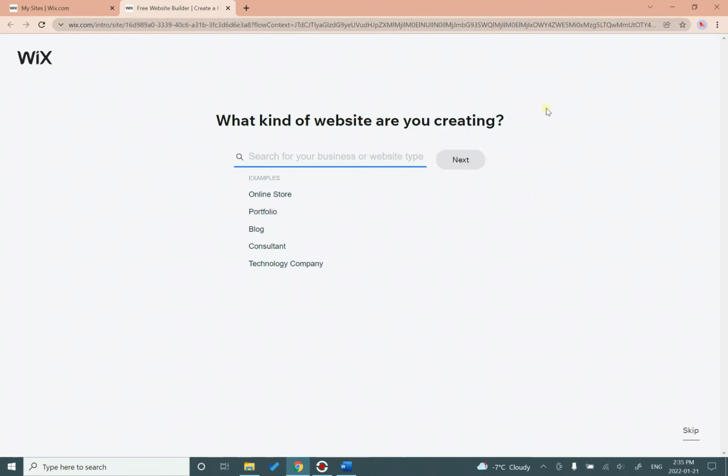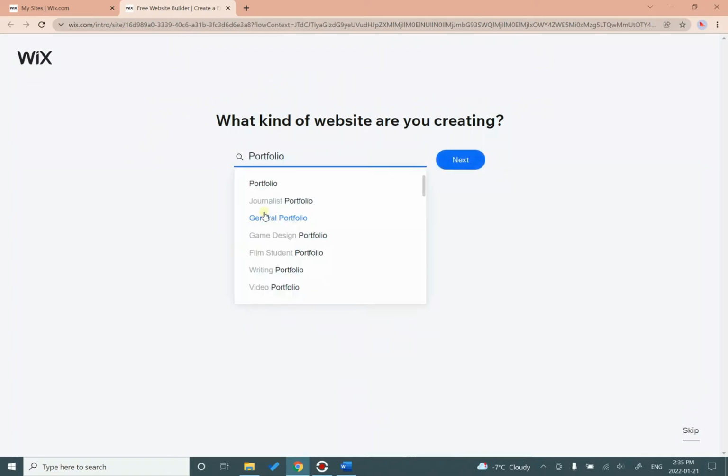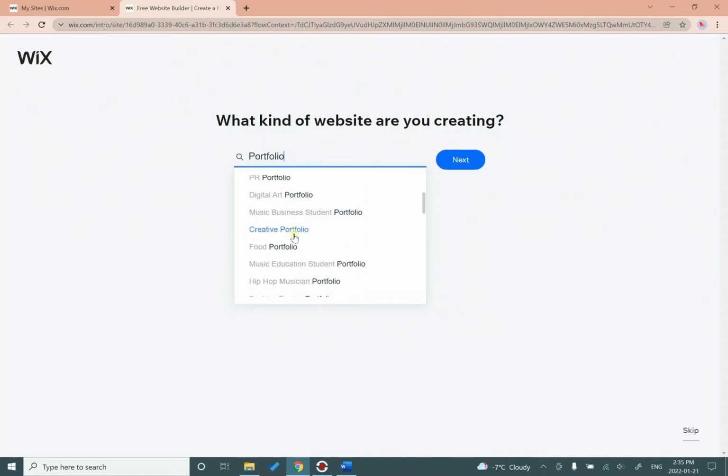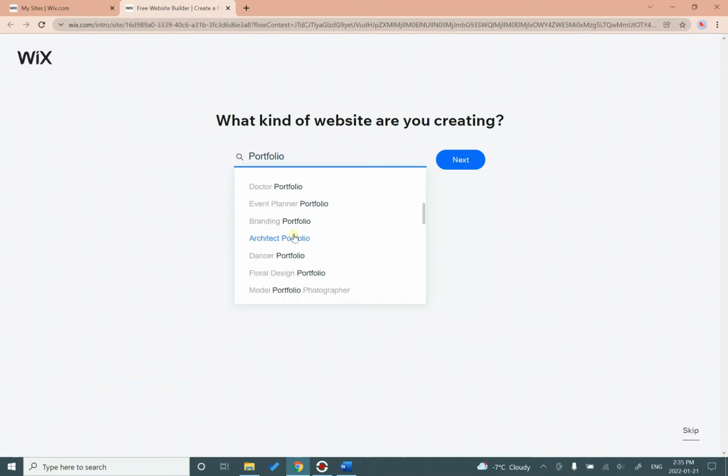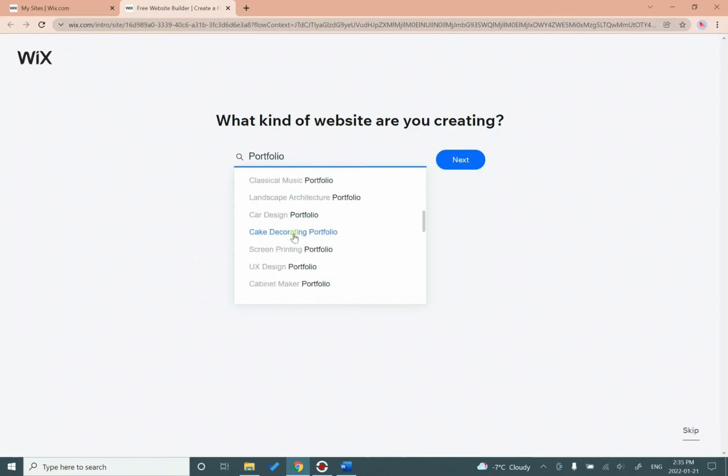So the first question asks is, what kind of website are you creating? Down here, you do have the option to select portfolio. So let's click on that. And you can even go as far as specifying what type of portfolio you want to create. You can look through this list because it will help you find templates that are related to whatever type of portfolio you're creating. For me, I'm just going to select general portfolio right now, and then I'm going to click